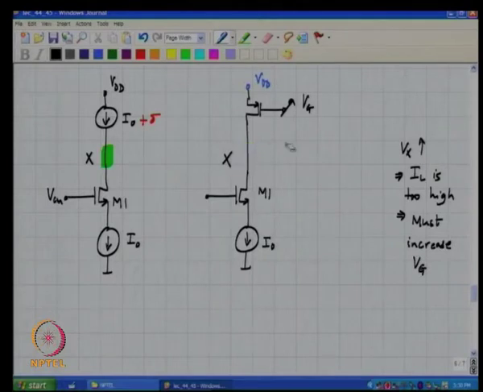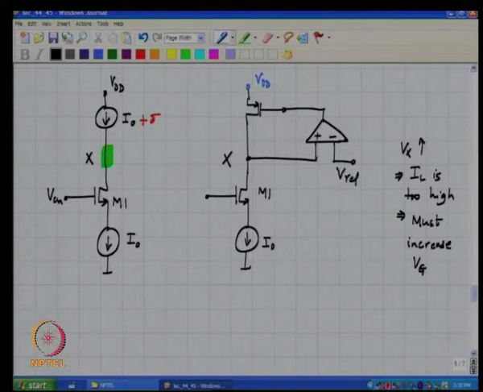So, if you assume the availability of some kind of forward amplifier, in this case I have just assumed it to be an ideal op amp, if this goes up, the output must go up, and therefore, I compare Vx against a reference and kick Vg up or down depending on whether Vx attempts to go up or down, correct.